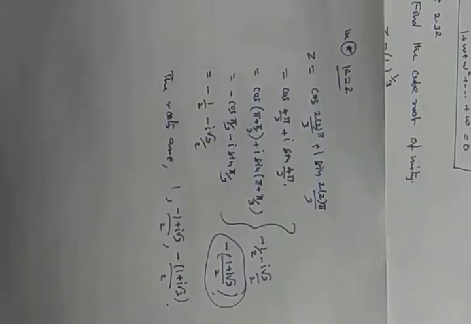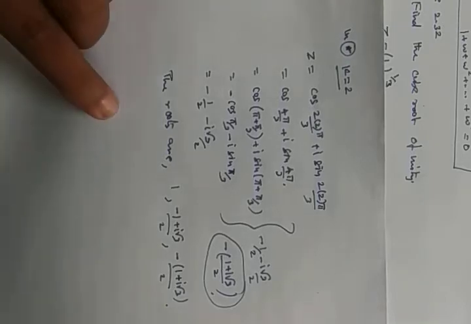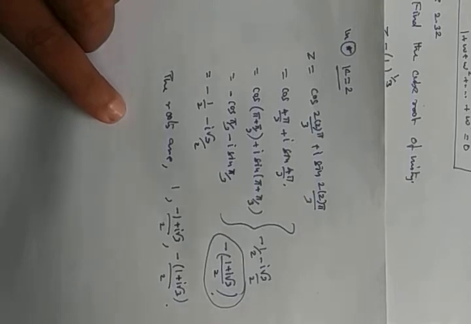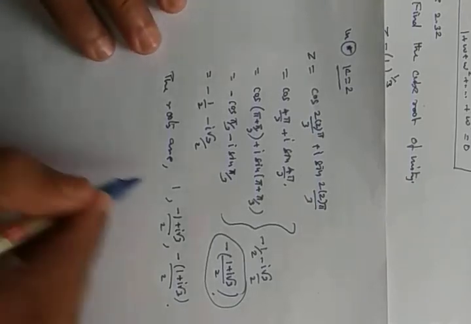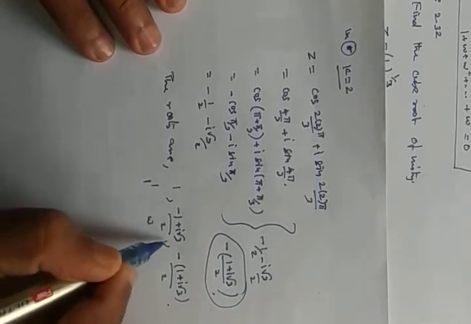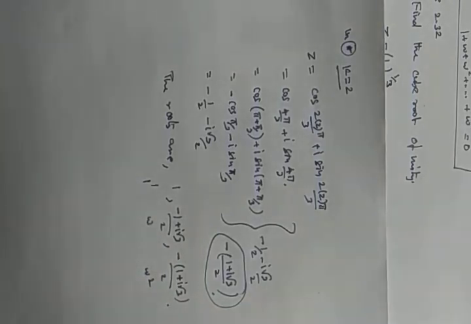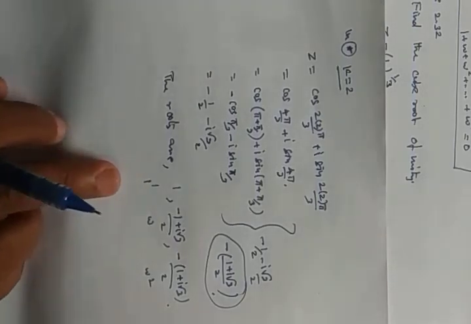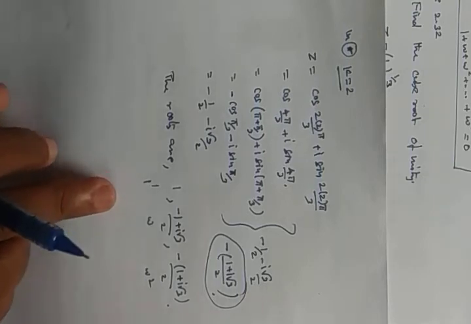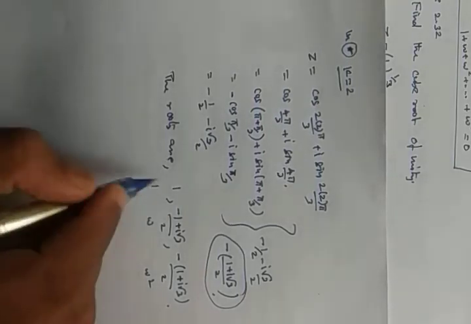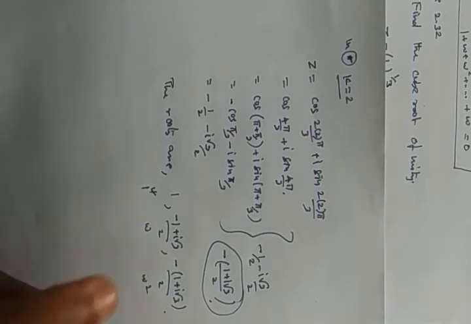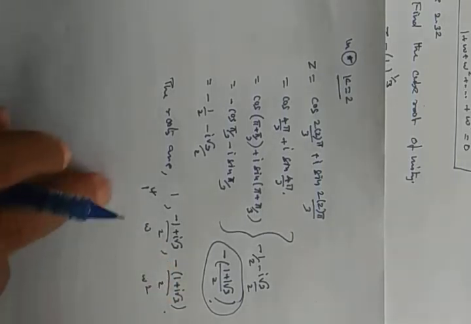Is it clear? Are you getting how we are getting this value? So we have got all these values. As we know, this is 1, this is omega, this is omega square. I told you, alpha and beta we use in a quadratic equation, whereas in complex numbers we use 1, omega, omega square. So you just add all these three, the value will come 0.